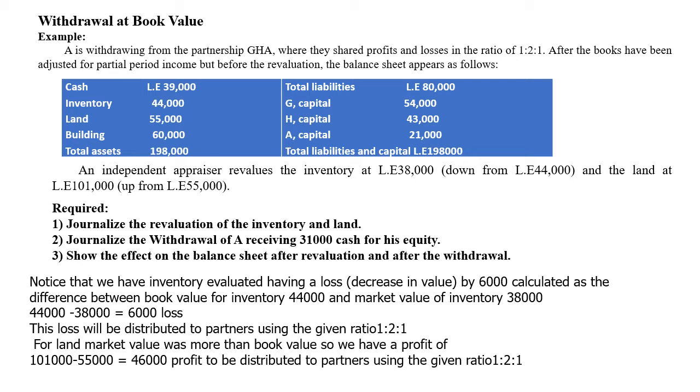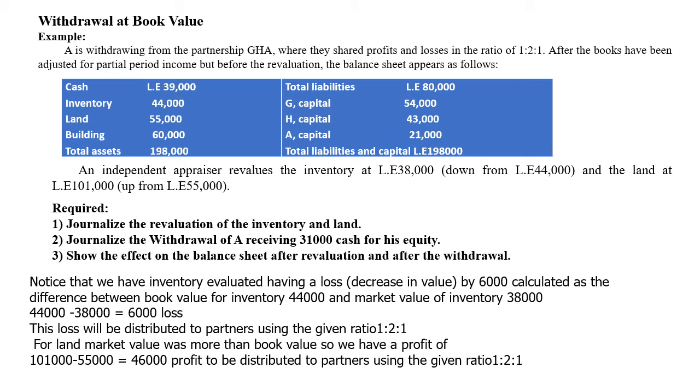And in this example, it says they agree to distribute profits or losses in a ratio of 1 to 2 to 1. So let us see what's required. In this example, you are required first to journalize the revaluation of the assets. And here it says the assets evaluated were inventory and land. Maybe we have evaluation for building or any other assets. And then you are required to journalize the withdrawal of the partner A,